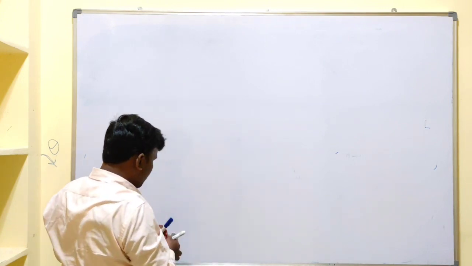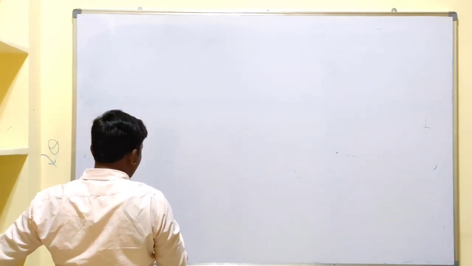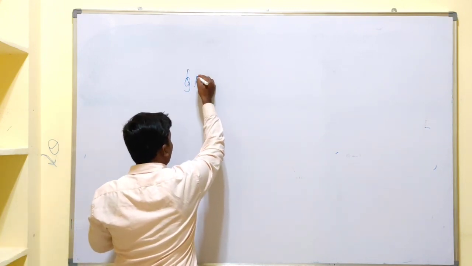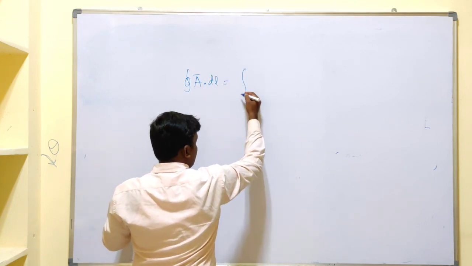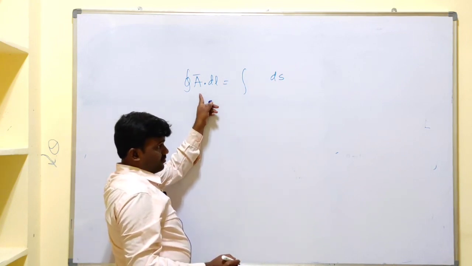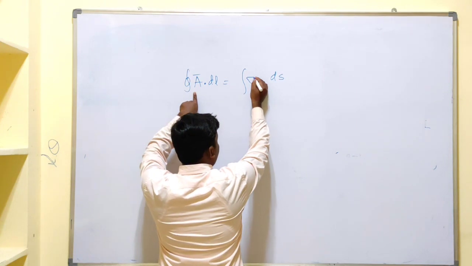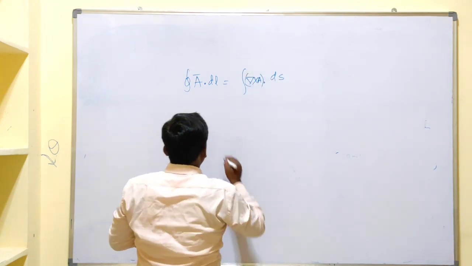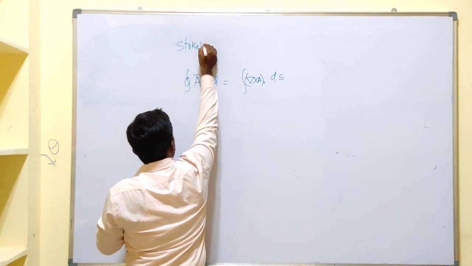What I said, if there exists a closed line, that closed line defines what? An open surface. Let us consider like this: the closed line integral of a vector A equals the surface integral, or else open surface integral, of the curl of this vector quantity. Okay, I said there are two important theorems in our electromagnetic theory.